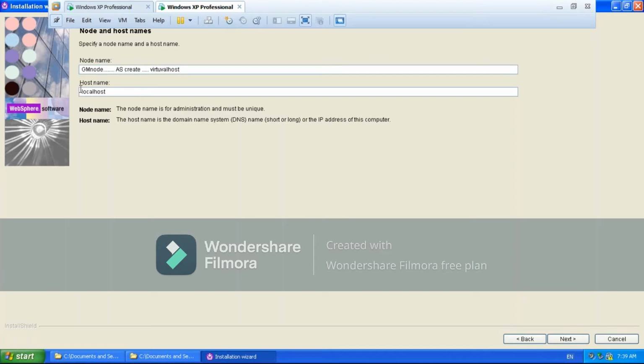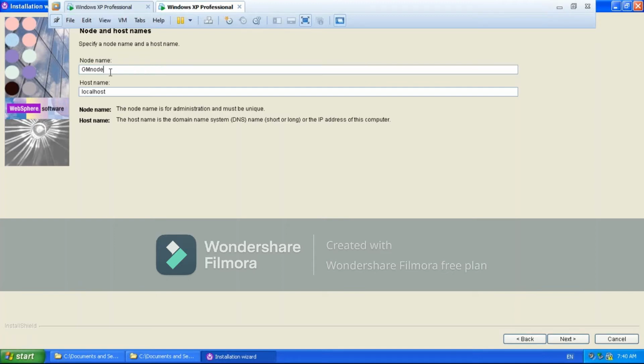This host name is going to be used by the physical server, the physical system. But the JVM application server, which is going to be created under a node, is going to use the virtual host, because this application server is not a physical system. It is a virtual system, a virtual server. That's why we call it a JVM. This JVM is going to use a host name, and because it's a virtual server, we call that host name a virtual host, which is a very important point from the JVM point of view.